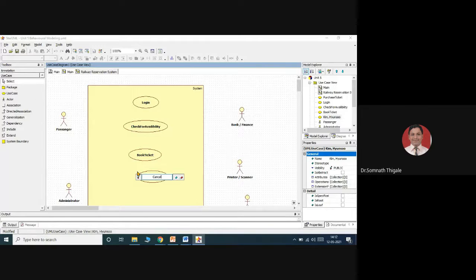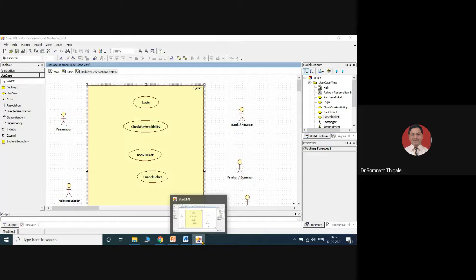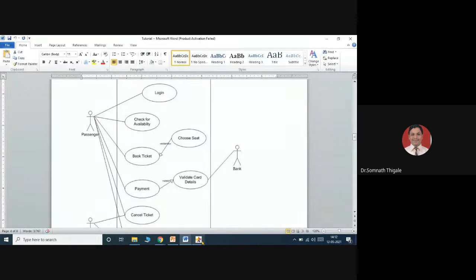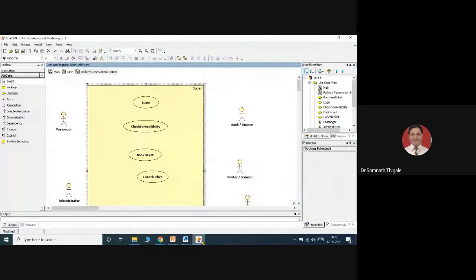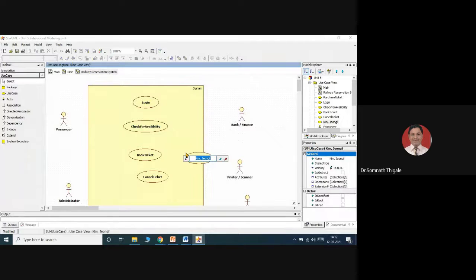I'll consider a cancel ticket. Okay, so cancel ticket. The next one will be to perform the payment related to this. So I'll add do payment.